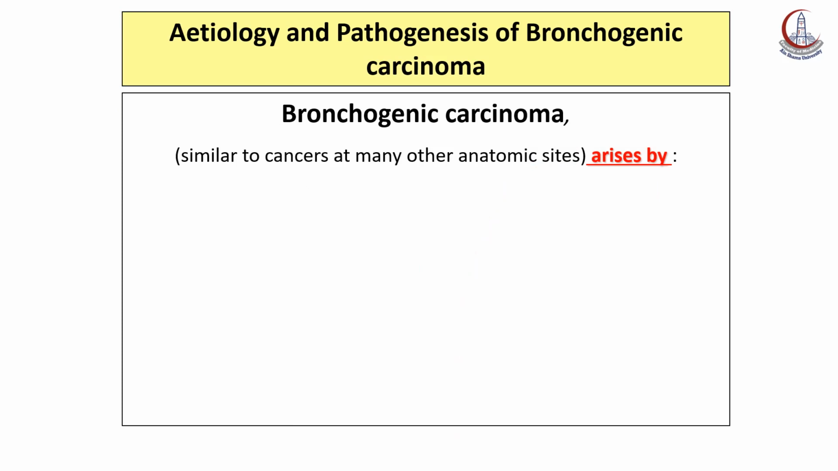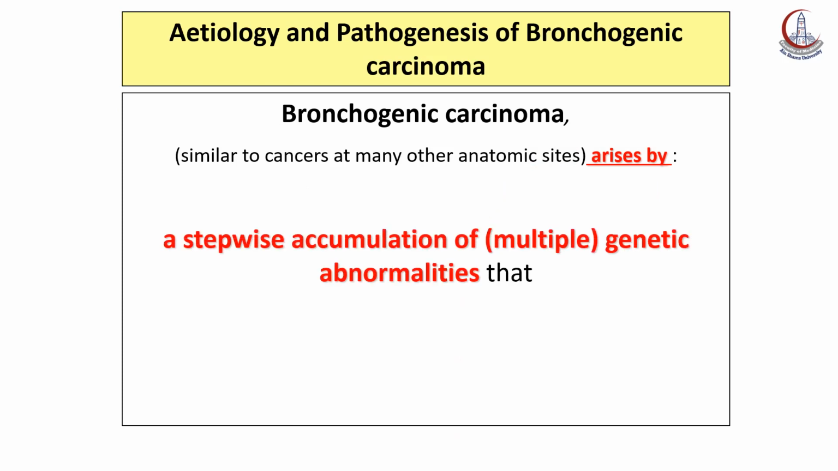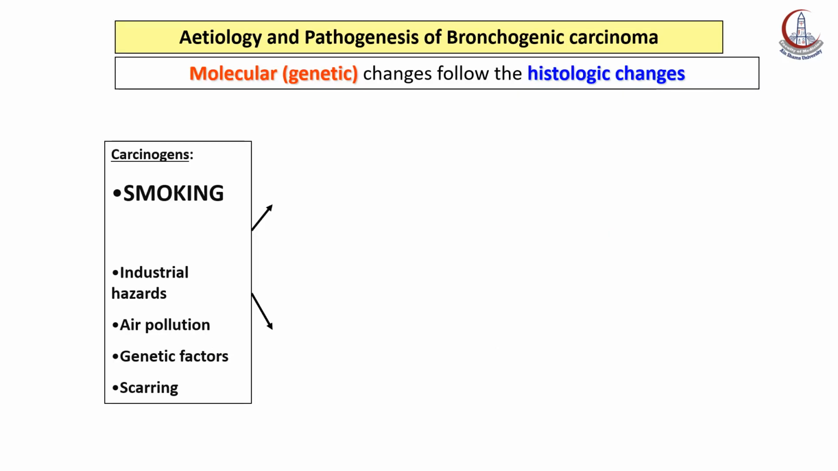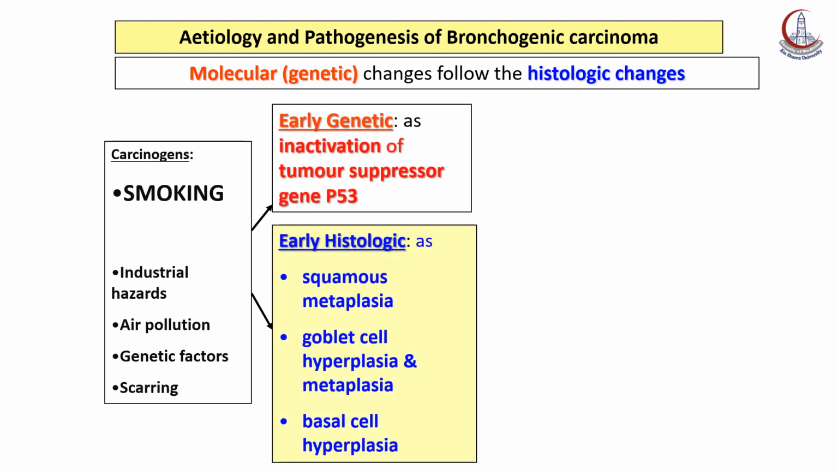The pathogenesis of bronchogenic carcinoma is a stepwise accumulation of multiple genetic abnormalities that result in transformation of benign bronchial epithelium into neoplastic tissue. The carcinogenic factors include smoking, industrial hazards, air pollution, genetic factors, and scarring. All these factors cause early genetic change like inactivation of tumor suppressor gene p53,